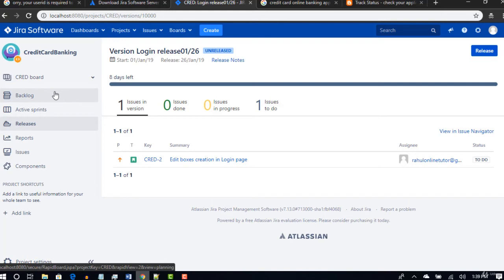Okay, you will have one release manager in your project. So if tomorrow is the release, he will just click this link, and here he will see all the user stories which are tied up to that release, and he will look at the status here. And if something is to do, he will quickly open it and see why this is to do when we are going to release tomorrow. The status is still pending. We did not finish this. So if you tie your release version to your user story, there will be one place where you will know all the user stories for that specific release. If you click that link, here you can track whether you are good for this release or not.